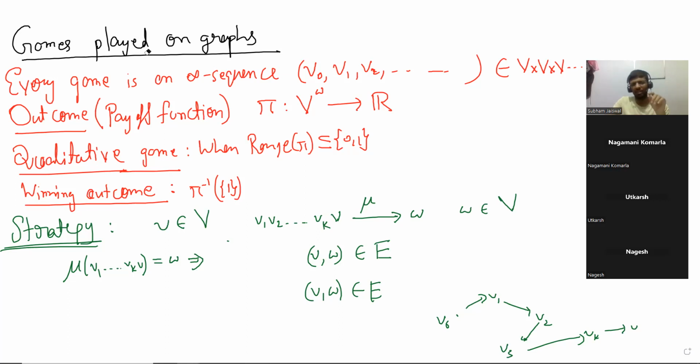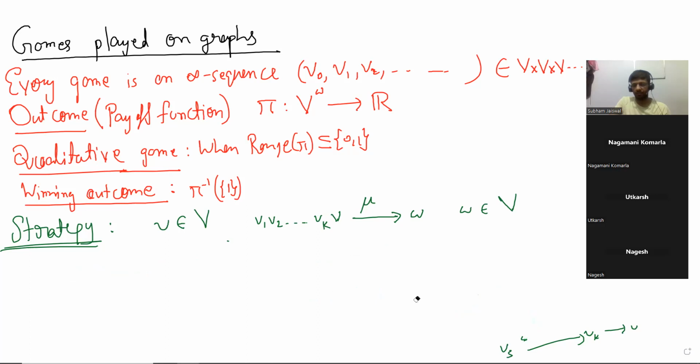It's something like we take the language on V, which is just a collection of all strings, and the function is from there. But that's not needed. You understand what this is, okay? In fact, what we will be more interested in is what is called a positional strategy. So this strategy, as you can understand, depends on the entire game that was played up till that point. But now let me write this thing,